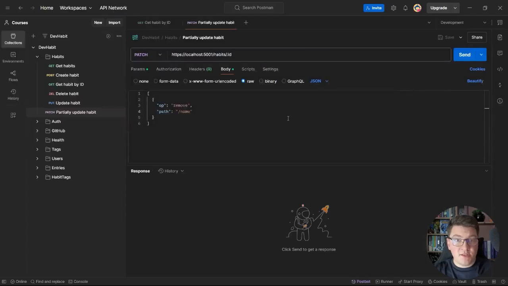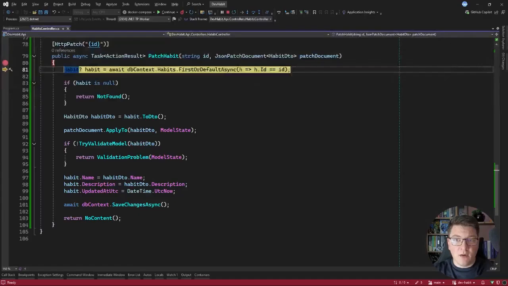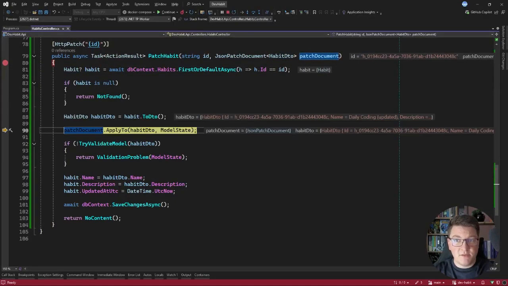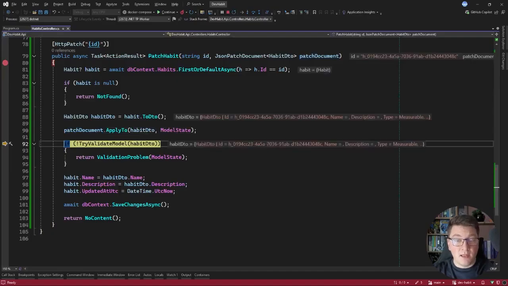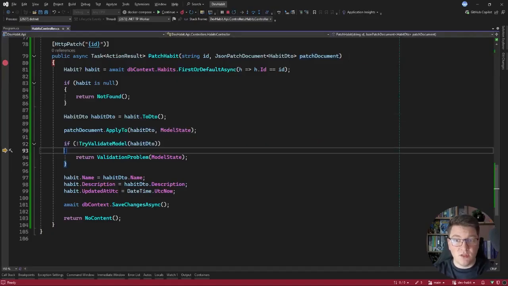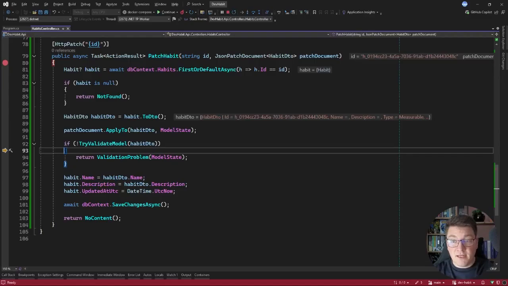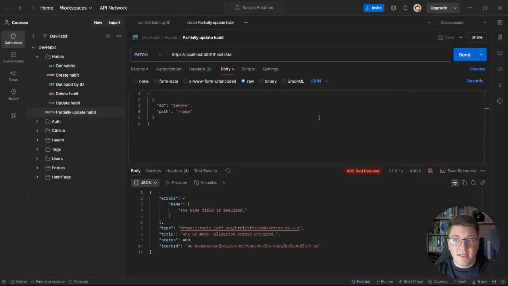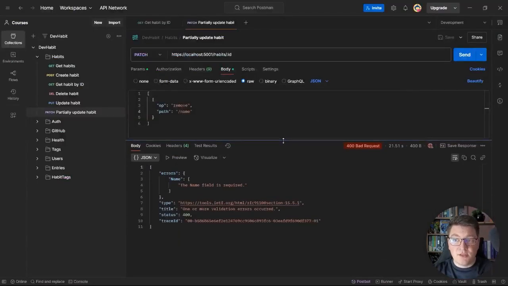And then let's try sending the same JSON patch request to remove a name from our habit. And now take a look at what's going to happen. We're going to return our habit from the database, map it to a DTO, apply the JSON patch document to the DTO instance, and when we try validating, we're going to run into a validation error. So we're going to return a validation problem,